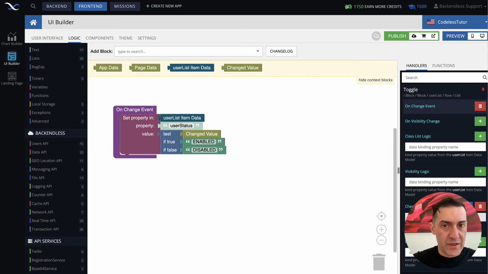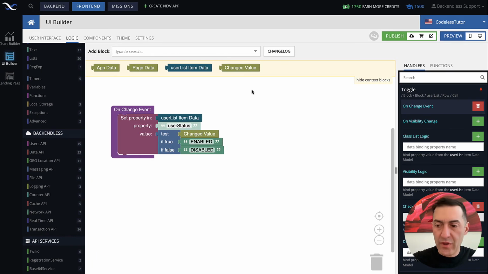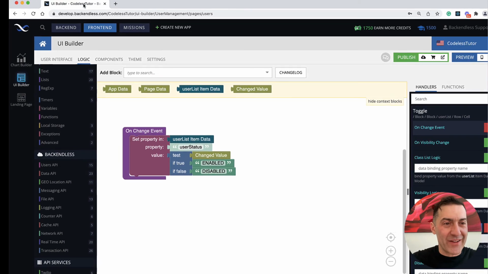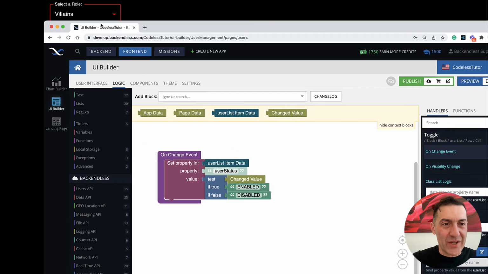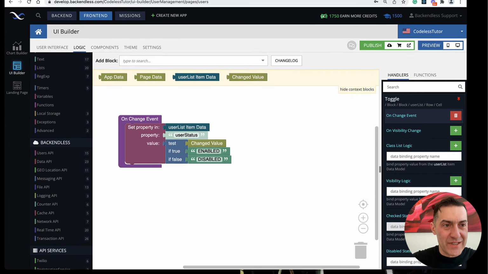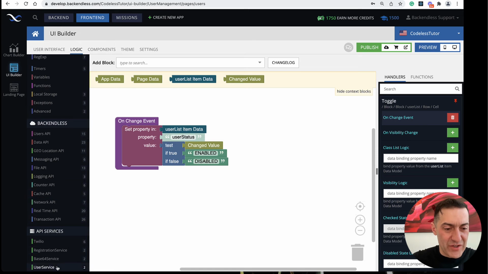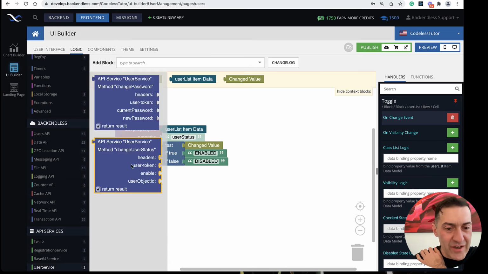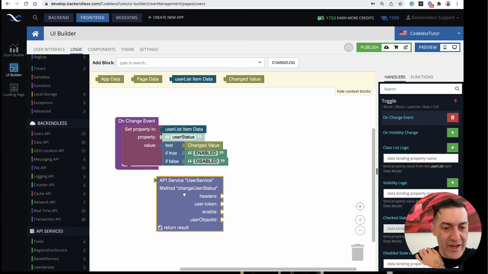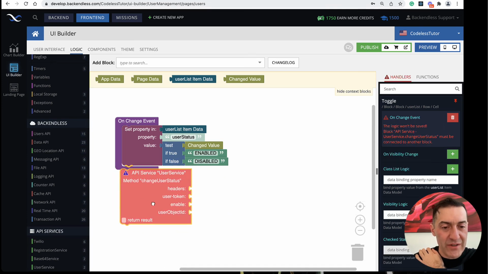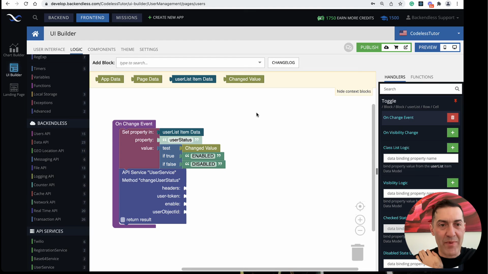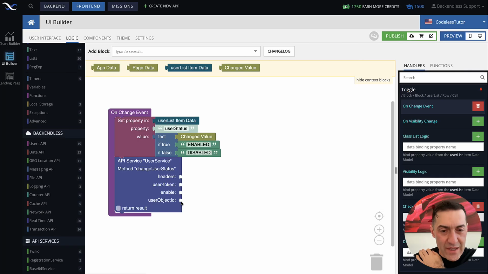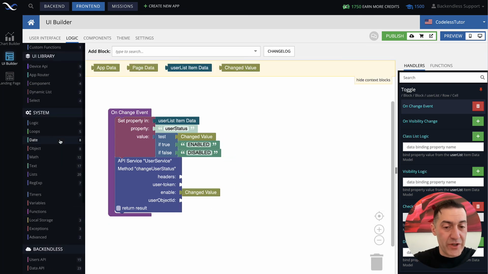Right now it is outside of my recording area, so let me do this. I will make this window smaller so you can see that right here there's user service, and then the change user status block is right here. So we don't care about the result, and let's call this API method. And the enable parameter will be our changed value,